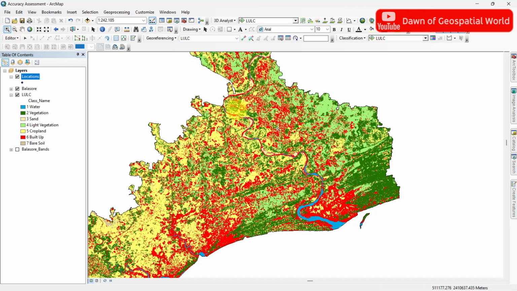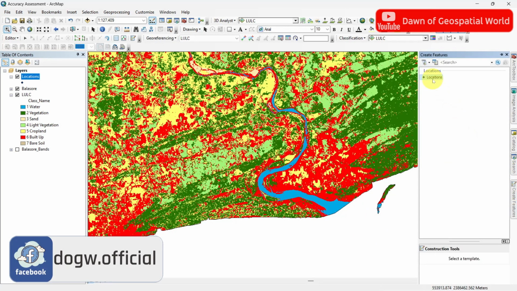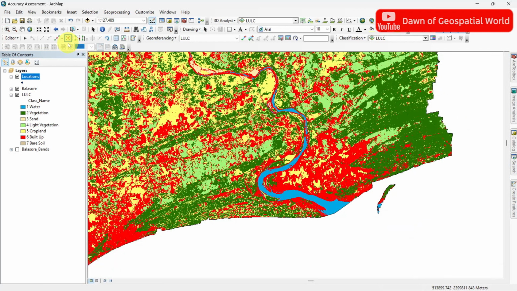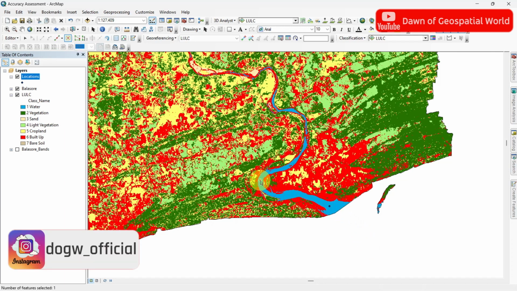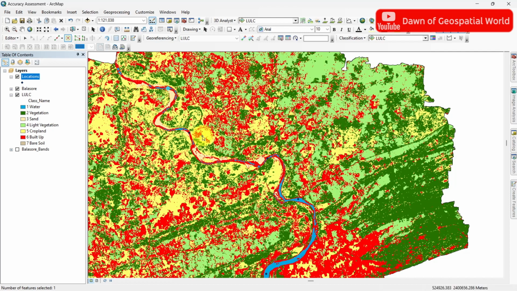Click and draw some points on your classified image for different LULC classes. Take more sample points for more accurate report.